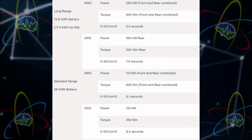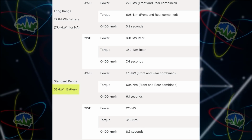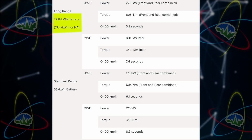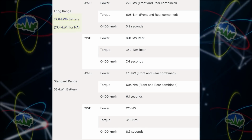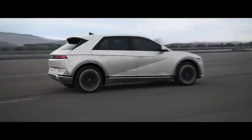All right, so basically the standard range battery is 58 kilowatt hours, and there's a long range battery of 72.6 in Europe and Asia and 77.4 kilowatt hours in North America. Nice. Not sure why the difference. Maybe the cold, but it's cold in both places. I don't know. Yeah. The ranges weren't really clear, probably because this car isn't all that efficient and they don't